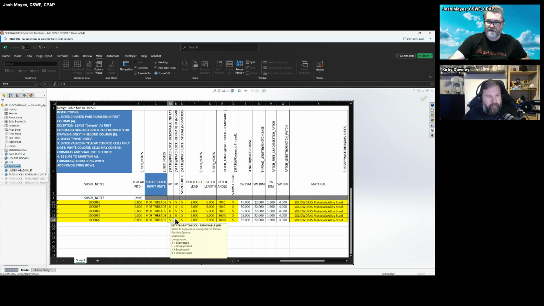I said I was going to use the removable patch for this configuration. So what I need to do is unsuppress the removable patch, suppress the permanent patch, and then change my coverage to 90 degrees. Cooperate. There we go. 90 degrees coverage. And now